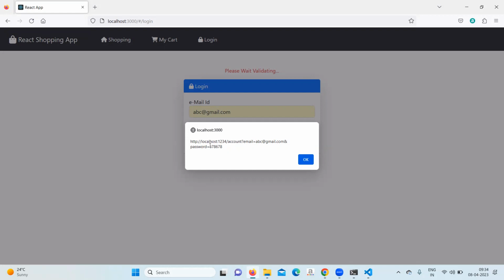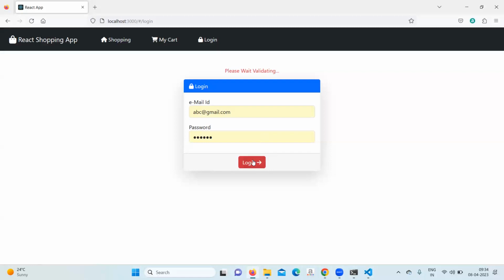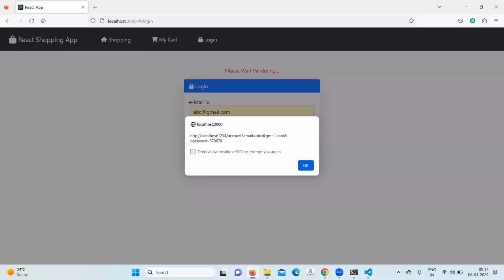Okay, next after that. URL is generated. This URL says like account question mark email equal to admin@gmail.com and password equal to particular password. So it will check on